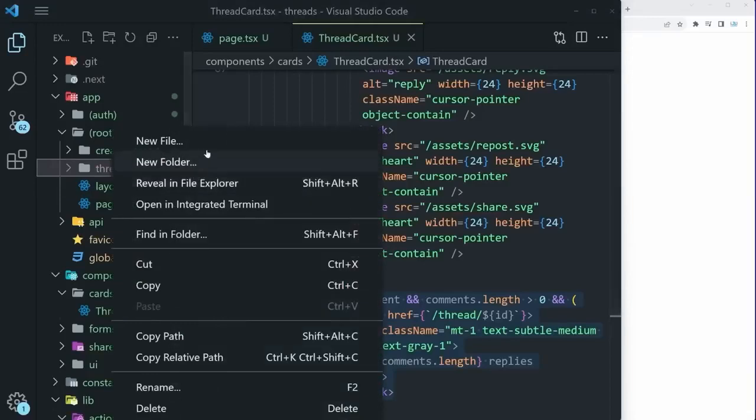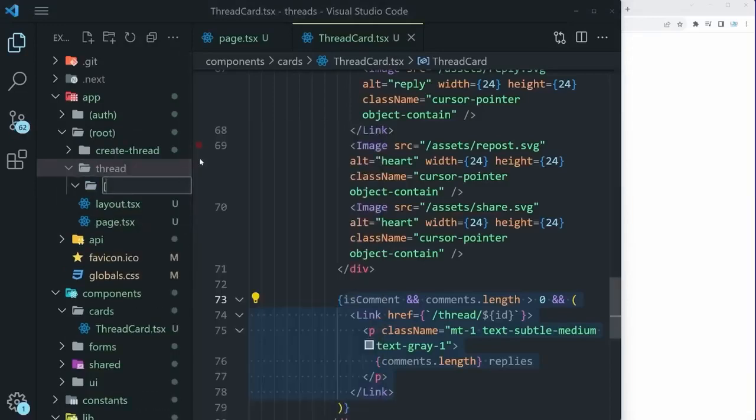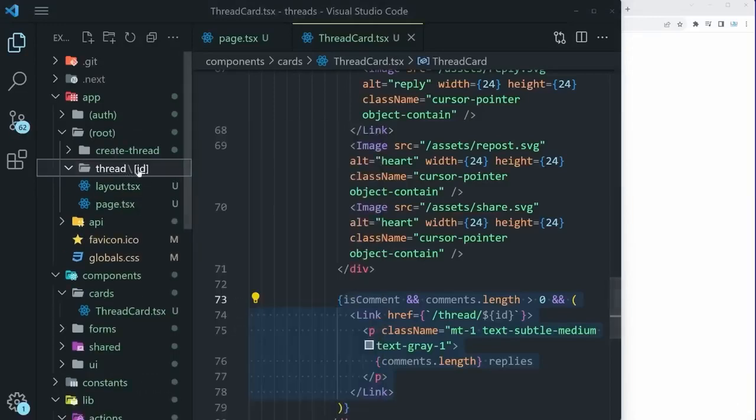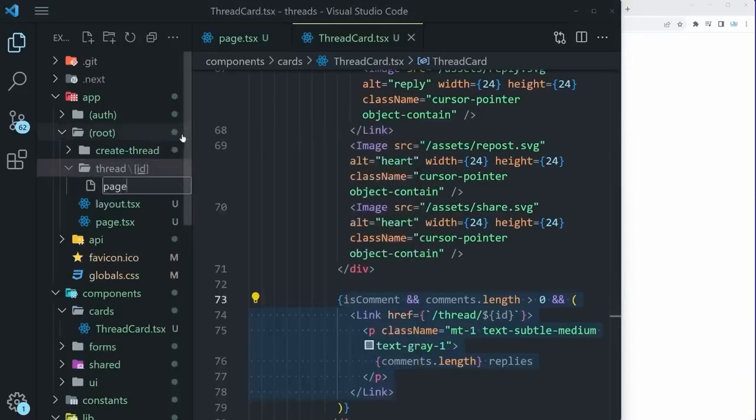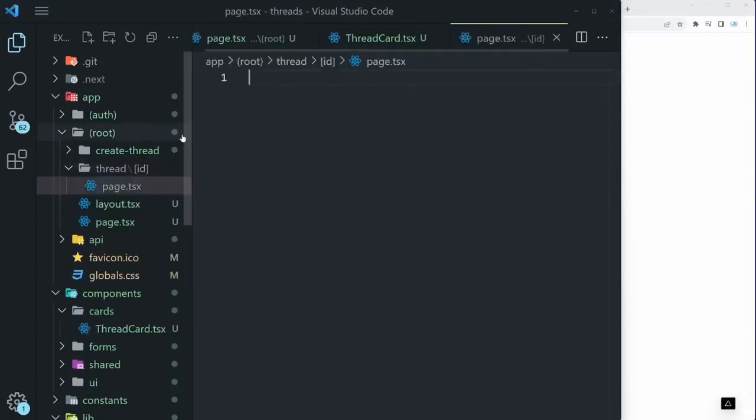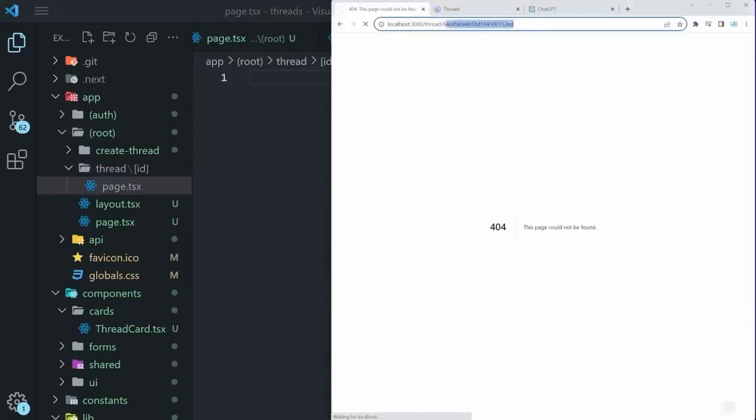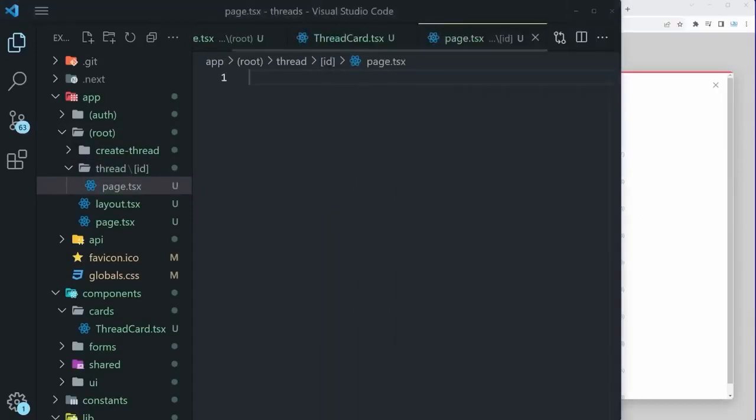And within it, create a new folder with square brackets ID, and then create a new file within it called page.tsx. That's how we do dynamic routing in Next.js, because we want to read this ID at the top. And we can start creating that. This is going to allow us to add comments to it, which is going to be another interesting functionality